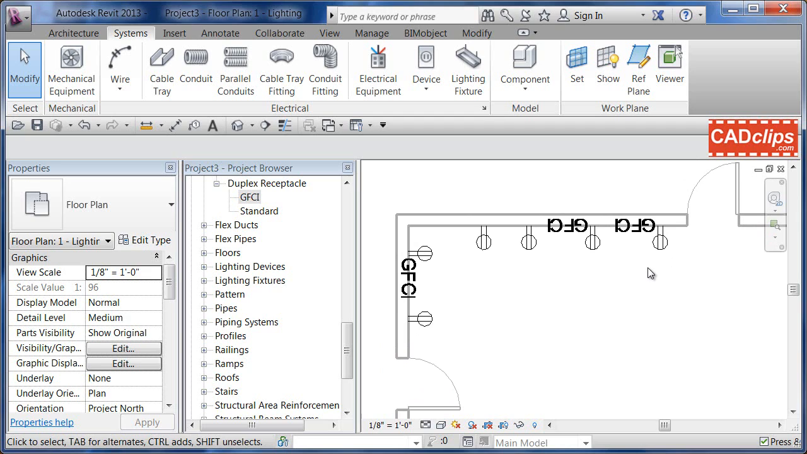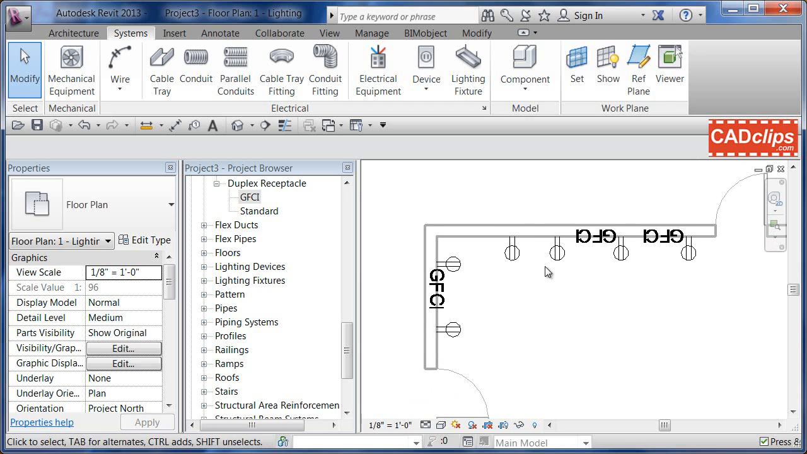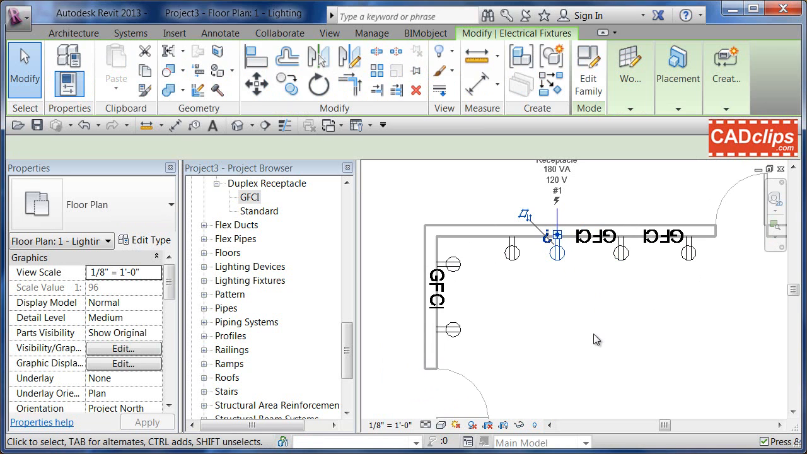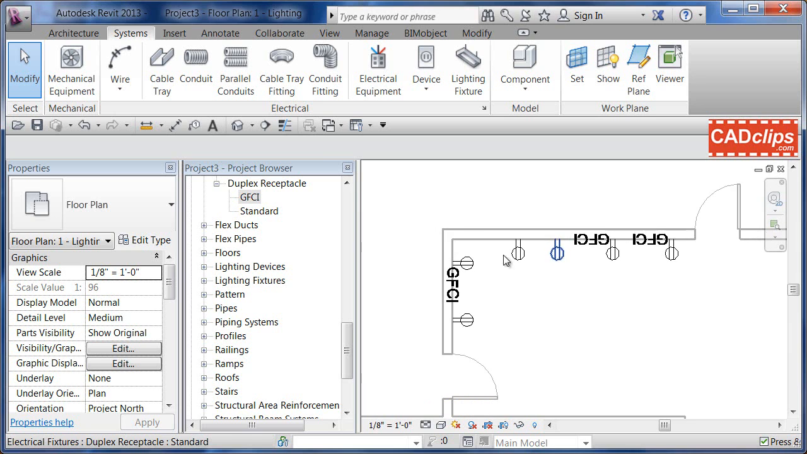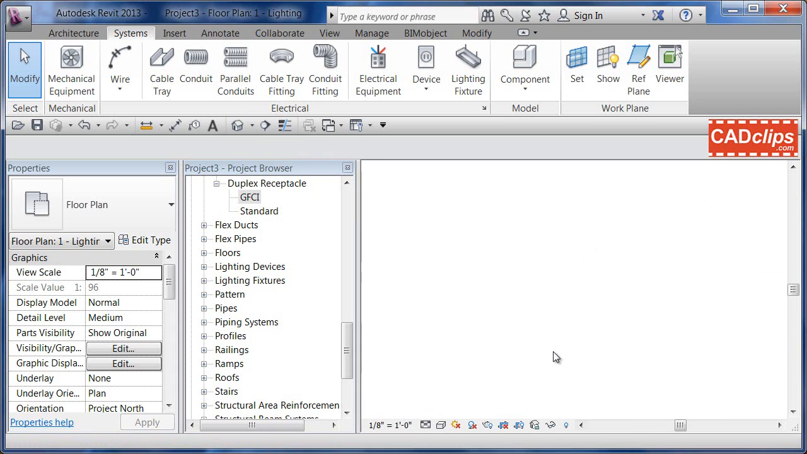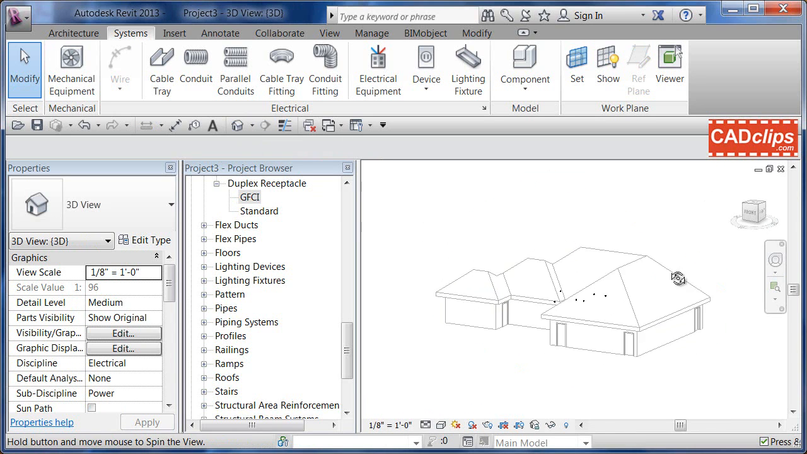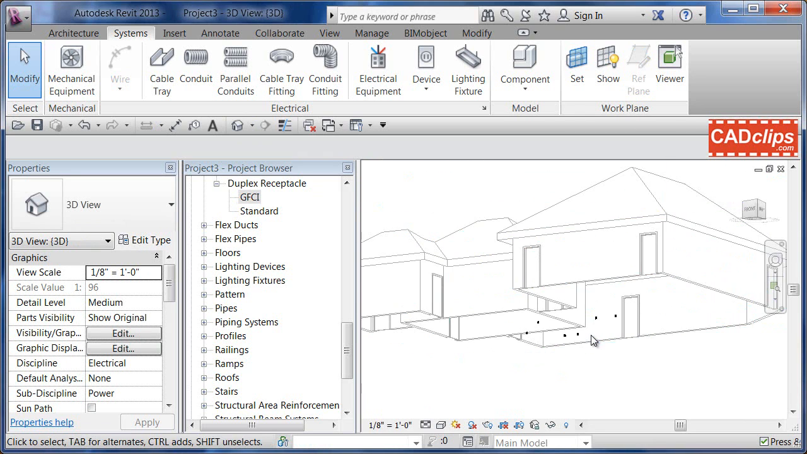So the out-of-the-box GFI aspect of this family needs to be tweaked a little bit, and we're going to do that in our series here. What we can do is, these are two different types of the same family. If I pick on this family, you'll notice that it shows up as a symbol. But if I go to a 3D view of this and zoom in over here, my electrical